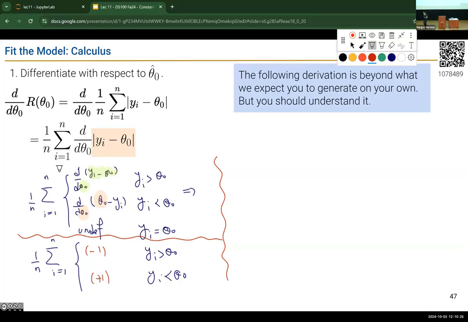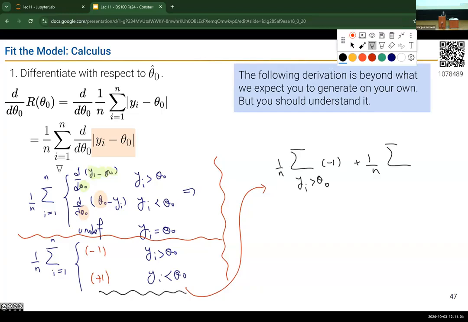So I was taking the derivative. Now my derivative is turning into a summation of a bunch of +1 and -1 values, depending on their condition, right? So if I want to write out what's happening here, effectively I'm saying that it's 1 over n times the summation of all of the cases where yi is greater than theta 0, -1, plus 1 over n times the summation of all of these other cases,